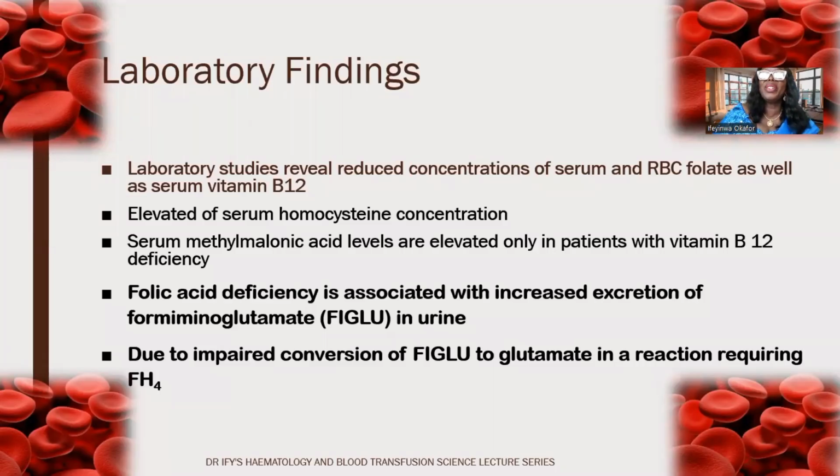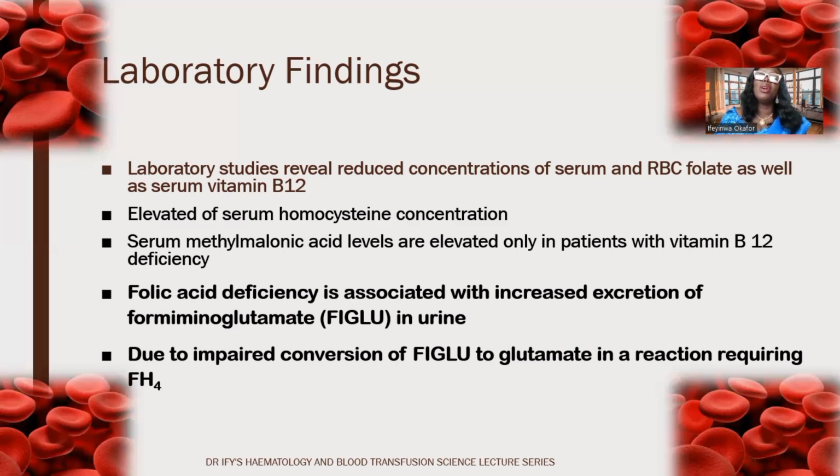Serum vitamin B12 is reduced in megaloblastic anemia, and serum and red blood cell folate are also reduced. You also have elevated homocysteine in the system. You have elevated concentration of homocysteine because B12 and folate are needed in the conversion of homocysteine to methionine. So when the B12 is not there in the form of methylcobalamin and folate is not there, there is accumulation of